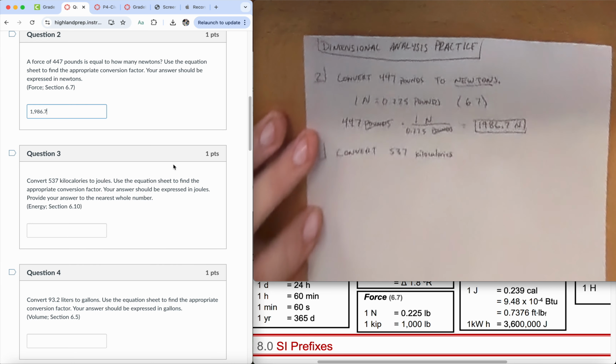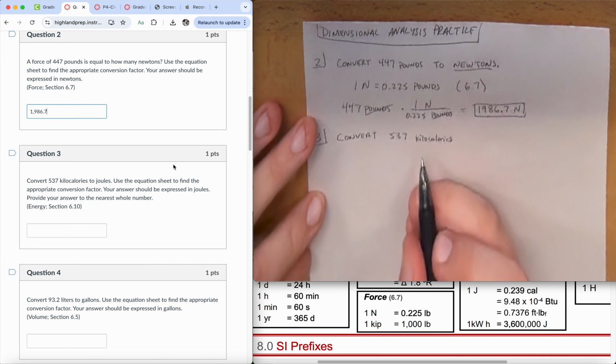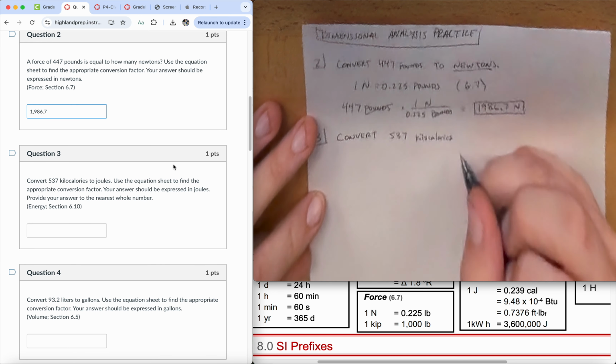And so now what we've got to do is convert this 537 kilocalories to joules. So we're going to go ahead and put that down. Joules, you might remember from chemistry, is a unit of energy as well. Whenever we go over here, it says check out section 6.10. I see 6.10 right here, and it says 1 joule, which is represented as a J, is equal to